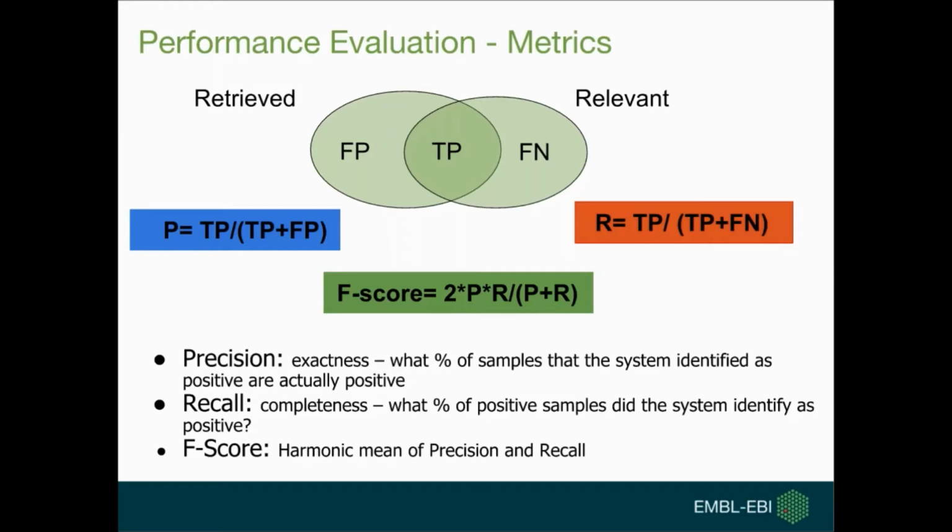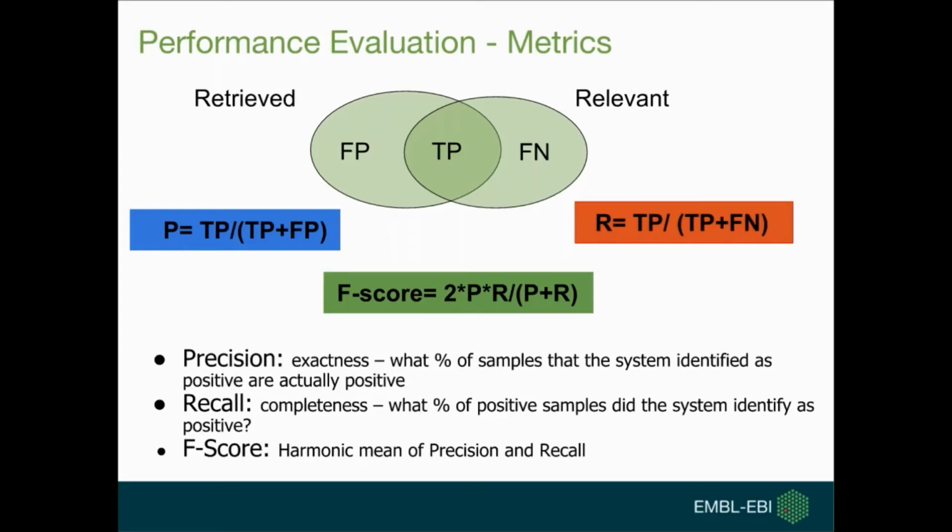The Venn diagram shows the overlapping documents between the retrieved set by the tool and the relevant set within the pool. The relevant documents which are missed by the tool are called false negatives. The irrelevant documents which are retrieved by the tool are called false positives, and the relevant documents which are retrieved by the tool are called true positives. False positives, false negatives, and true positives are used to estimate the system performance in terms of precision, recall, and